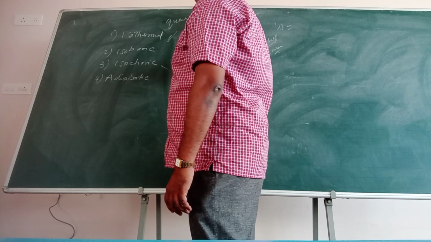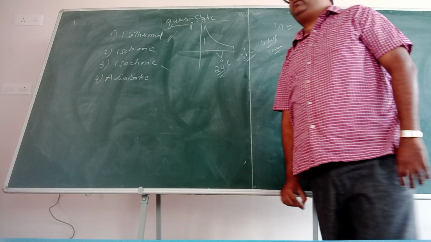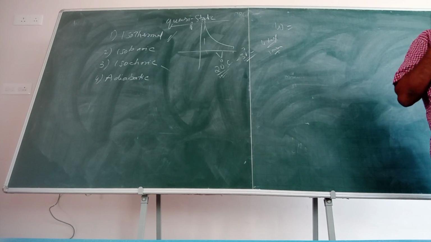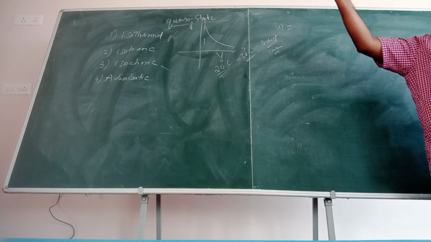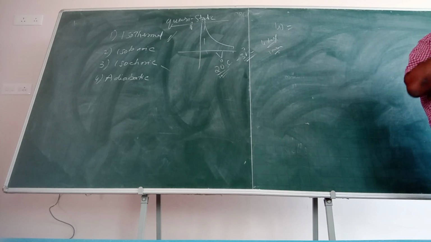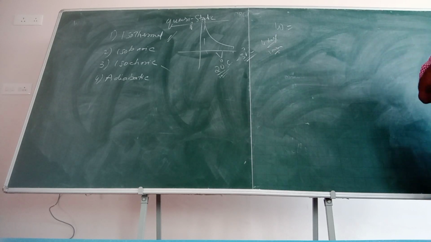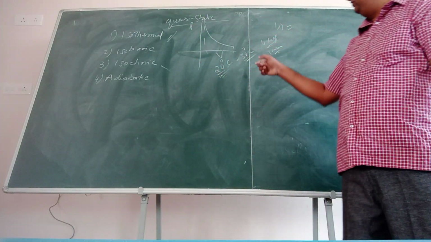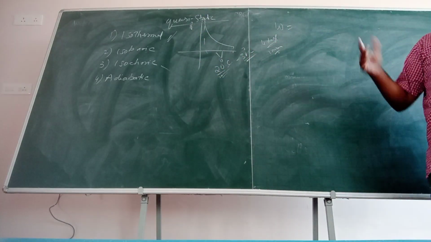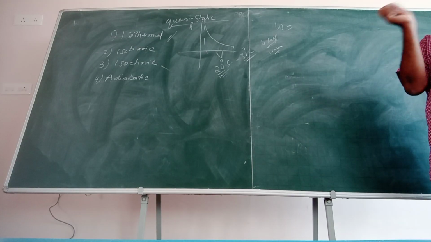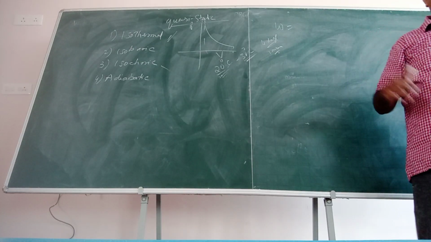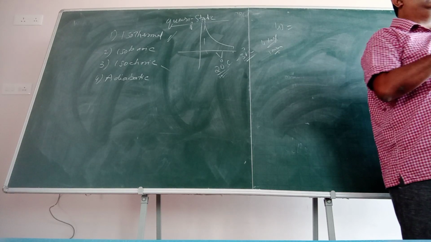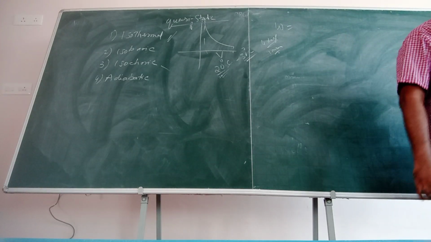Quasi-static state. It is applicable for isothermal only. That means if you consider a very large amount of time, this process is happening very slowly. In that slowly happening stage, the temperature is constant only. Like I gave this example: imagine that it takes 5 years, but you are considering only 1 minute. So I can say the system temperature was 20 degrees. Like that, isothermal is a quasi-static approach.